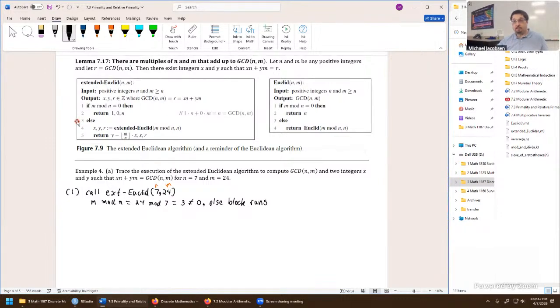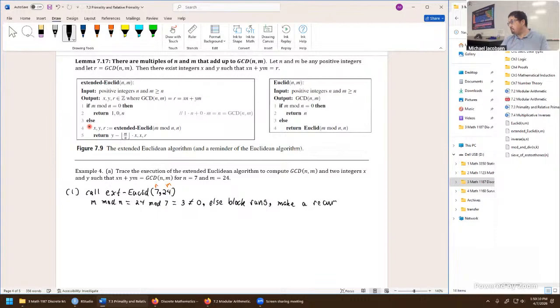Run line 3, and now that it's running, we make a recursive function call. On this recursive function call, we need to be really careful. It's going to return an x, y, and an r. I think it helps to use subscripts on this one to identify what the values are going to be. Let's write down in our trace, the else block runs,